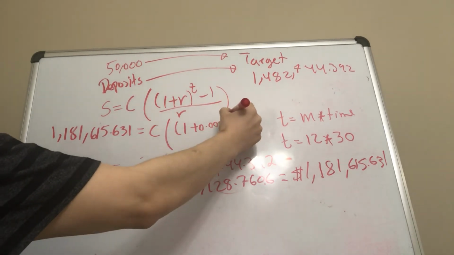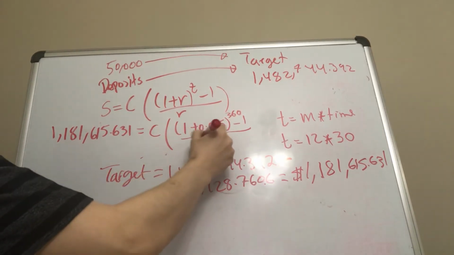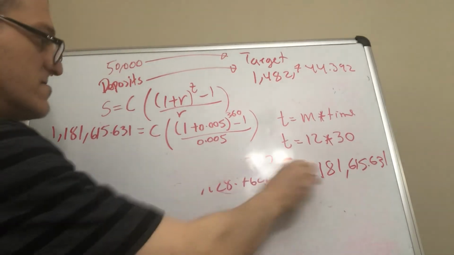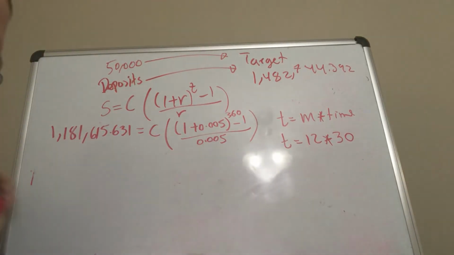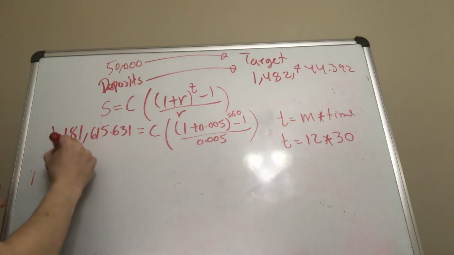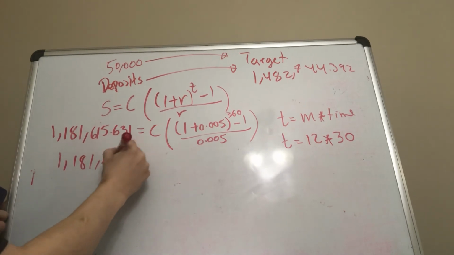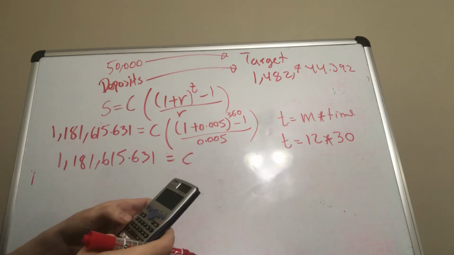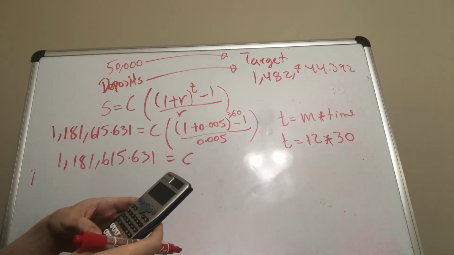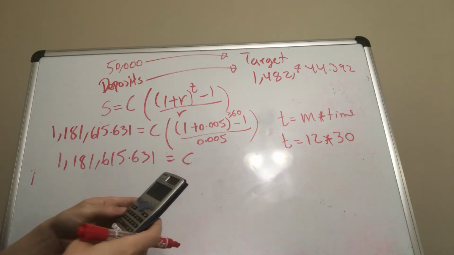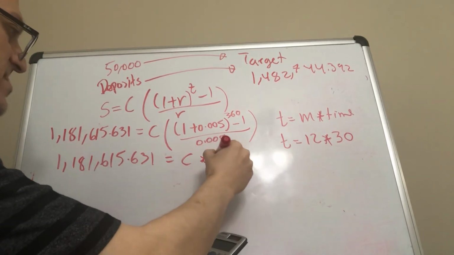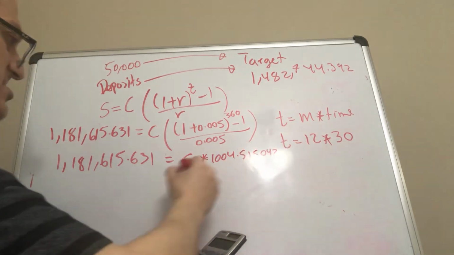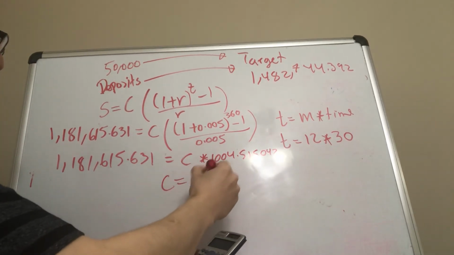This number still 360 of 0.005. So we do this in two steps. So 1.005 exponent 360 minus 1 over 0.005. This number here is 1,004.515042. So C, and that's what we're solving for,